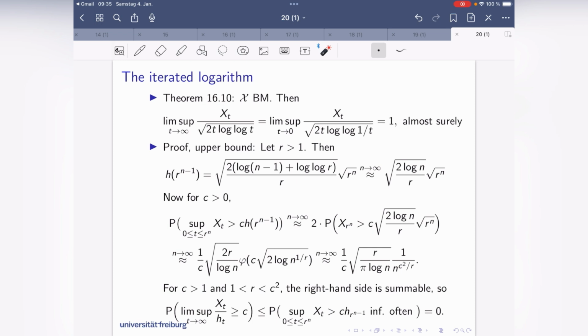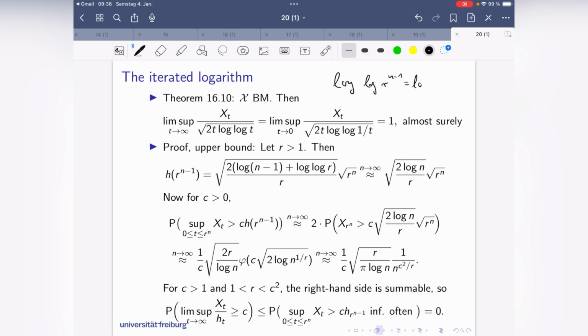So first of all, I will have an r and I will have an n, and n is going to infinity, and r is bigger than 1 here. So what is h of r to the n minus 1? h was the function which maps t to the square root of 2t log log t. And when t is this thing here, and n is large and r is finite, it's important to note that log log r to the power n minus 1,